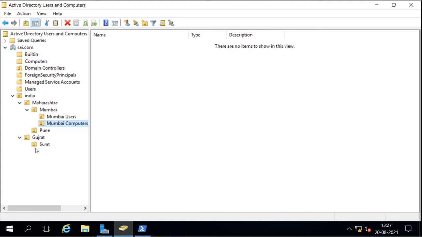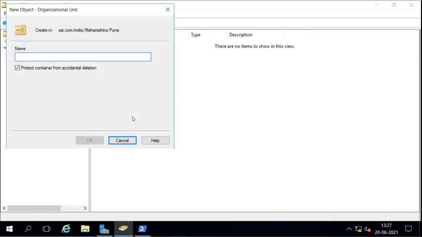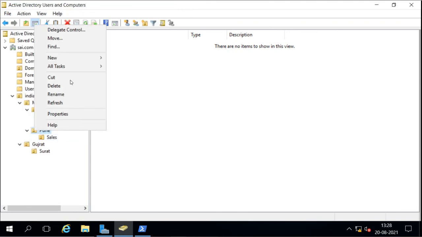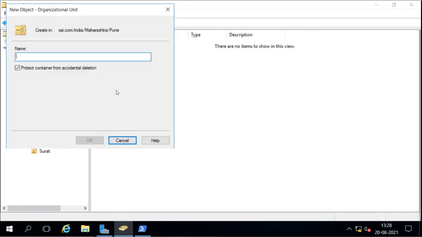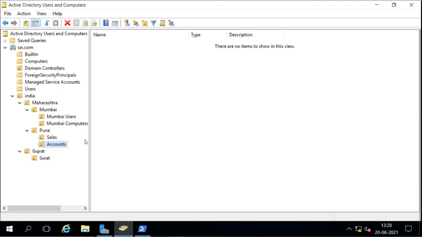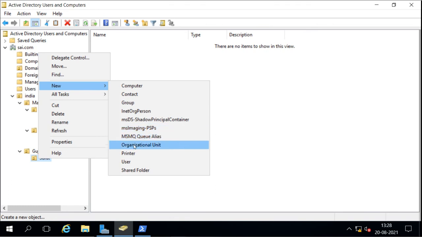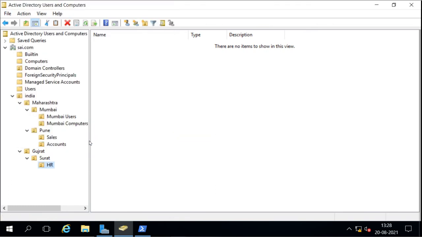We can create OUs based on departments. For example, under Pune, we have the sales department. Under Pune, we have the accounts department. Under Surat, we have the HR department. Just like that, we can create multiple OUs.